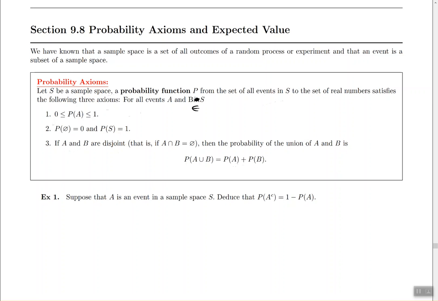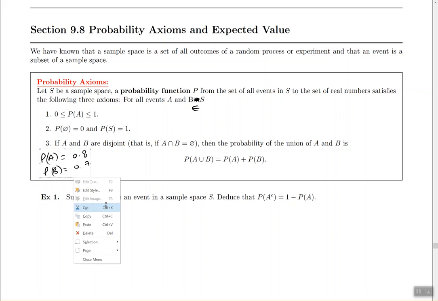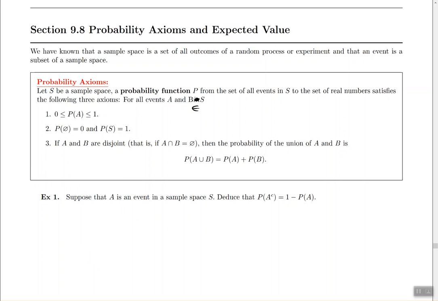So what does that mean? Suppose that one event had probability of 0.8, and let's say the other event had a probability of 0.7. When I add 0.8 plus 0.7, I get 1.5. So that automatically tells me that these two events, A and B, have some kind of overlap. For some reason, they're not separated. They share something in common, okay? So that's how I can use this to my advantage.